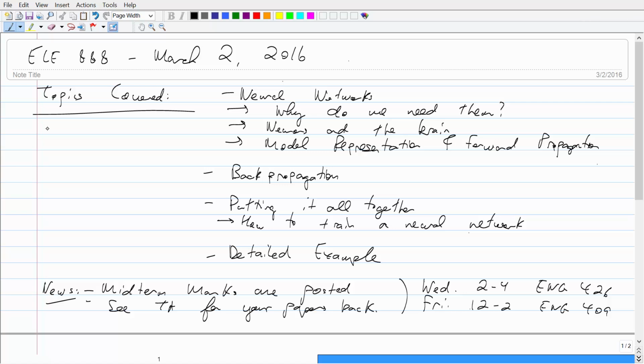So why do we need them? They're basically biologically inspired models, so they're modeled after the way the human brain functions. And we'll talk about how to train them, so how to represent them in machine learning, forward and backward propagation. Those are the standard ways to manipulate and train them. Putting it all together, we're going to talk about how to train a neural network, and then we'll give a